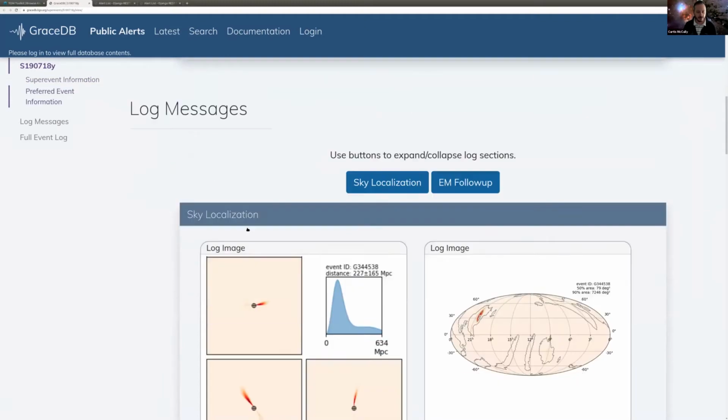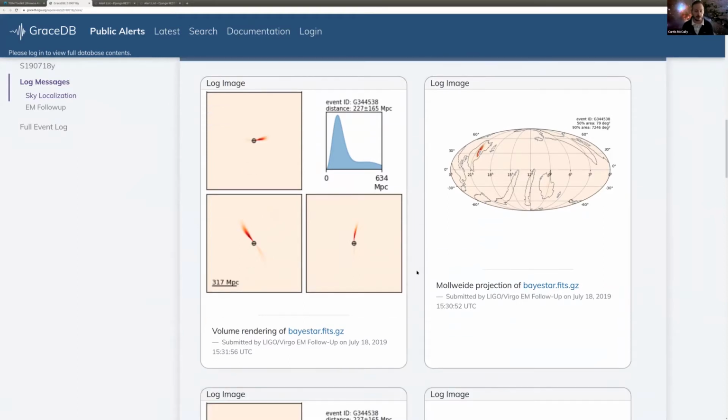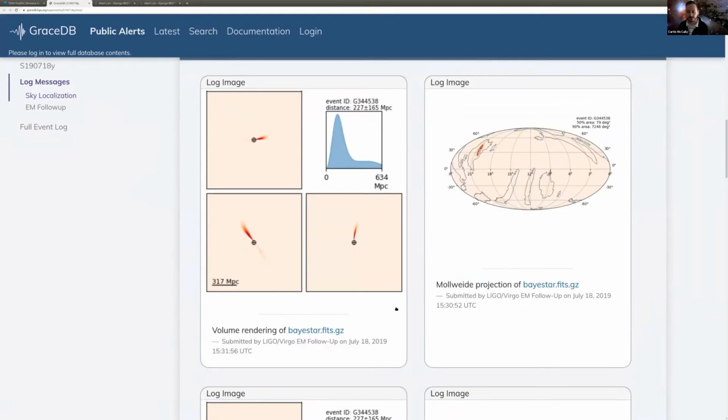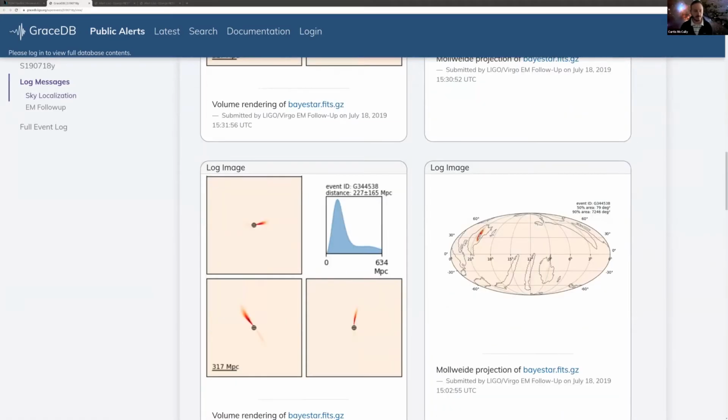Great. And so we can go look at the probability regions, which are already nicely provided by LIGO. This is a reasonably well-localized one for the high probability section, but to get up to 90% confidence, the region is very, very large. One thing your users might want to know is, what's the area of this event? Do I have enough telescopes or resources to cover this well? What galaxies are there, things like that. So this gives you a first start to understand what the gravitational wave event looks like itself. Now, if we go back,